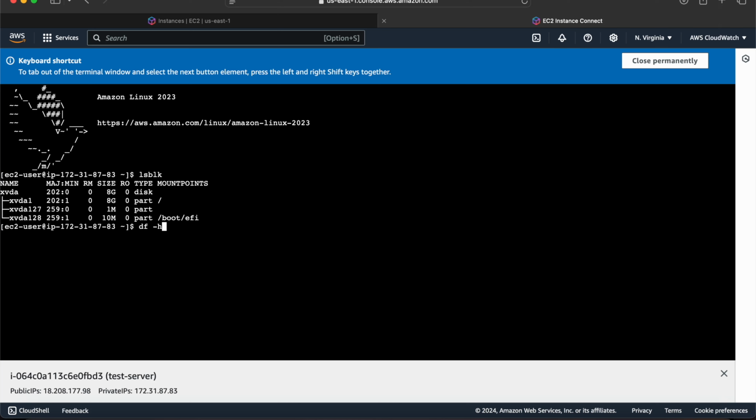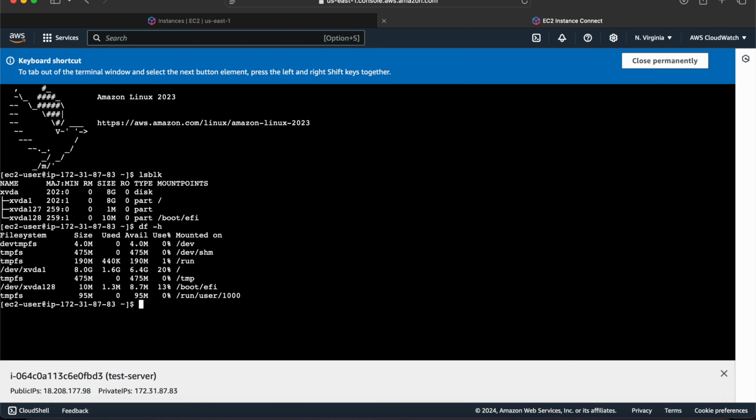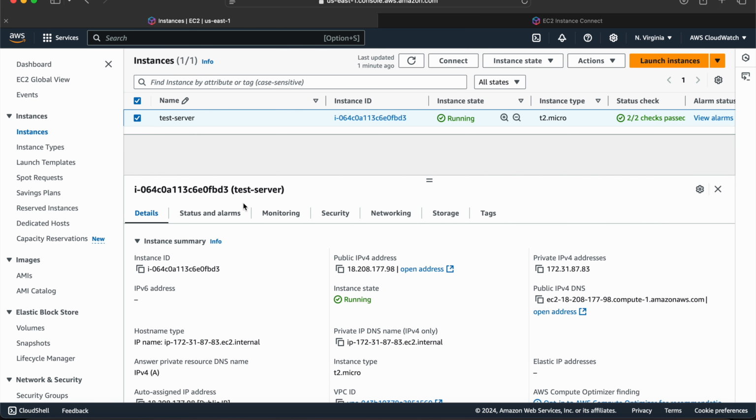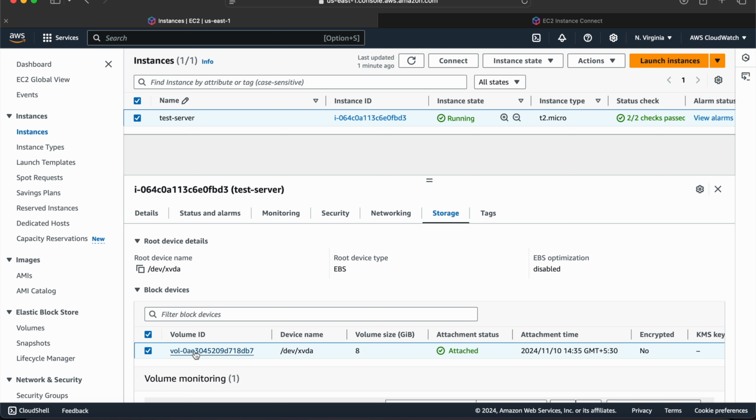df is disk free, -h is for human readable format, and you can see here 8 GB and 20% use. This is the one we are going to change. Okay, let's do it. Okay, let's go to storage, volume,